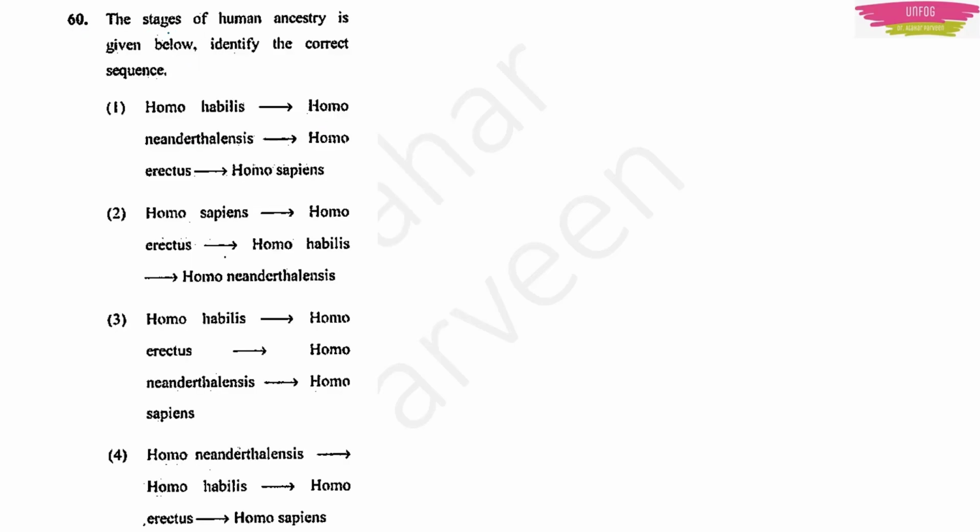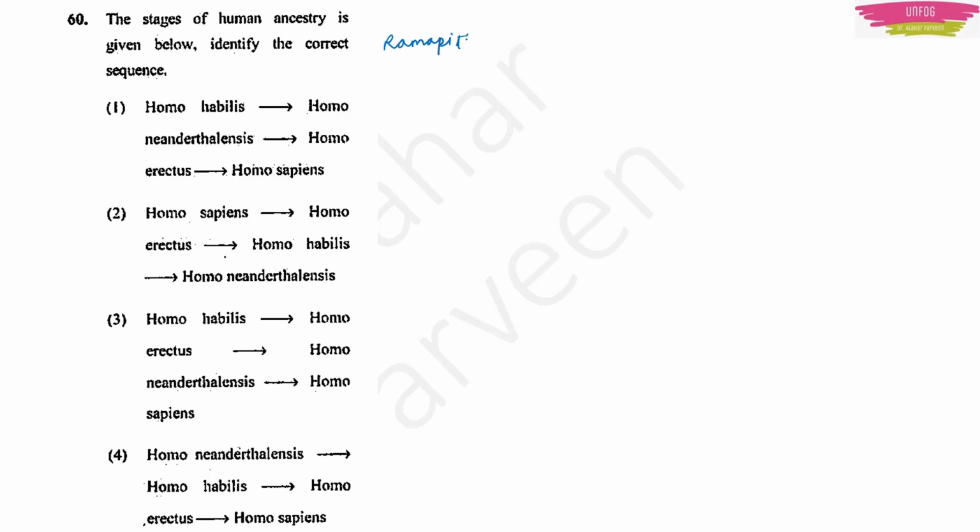The next question we have is, the stages of human ancestry is given below. Identify the correct sequence. Now these 4 options will not look into them. We'll write down our own correct order and match our order with those 4 options and see which one is matching. Okay. So the first one is